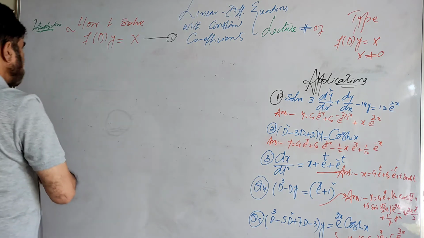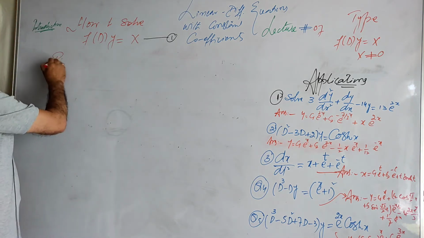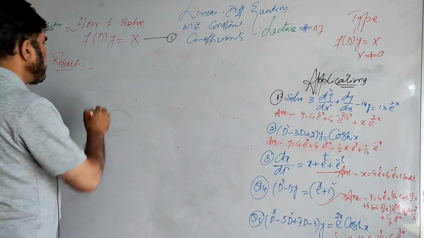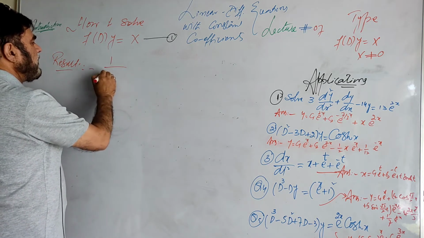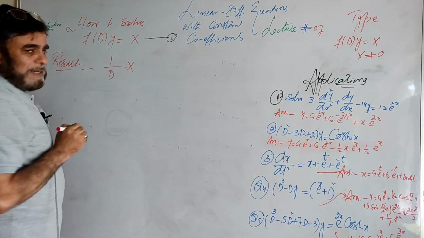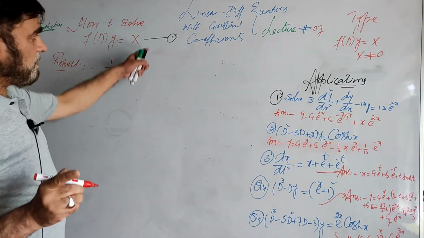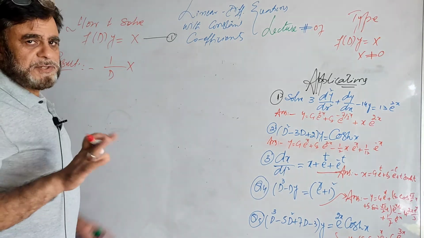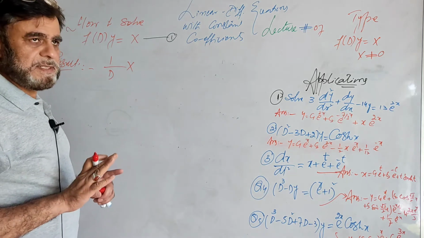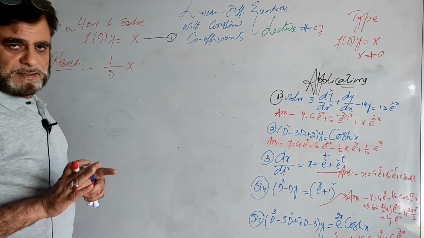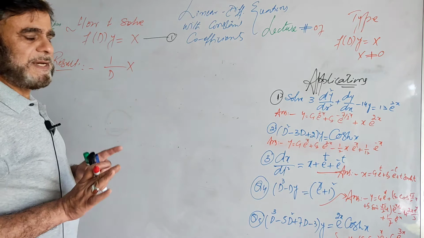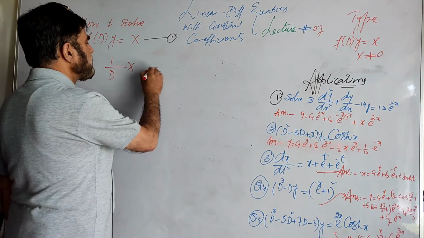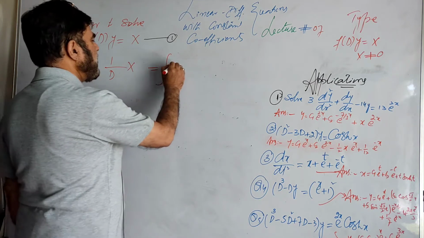We have here a result that you know and you will be using it. It is 1 by D of X. Capital X is any function of x, as we said previously. Here capital X is not 0, it is some function of x. In previous lectures we discussed it. So here also I say it is some function of x. It can take different formulas. The result is 1 by D of X is the integral of X dx